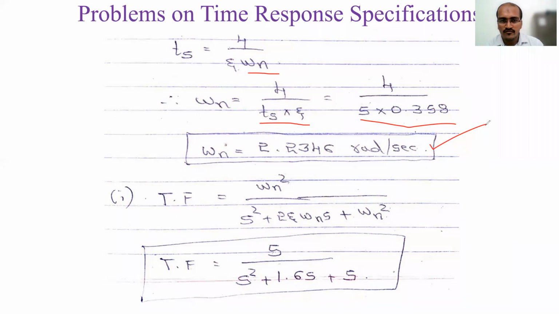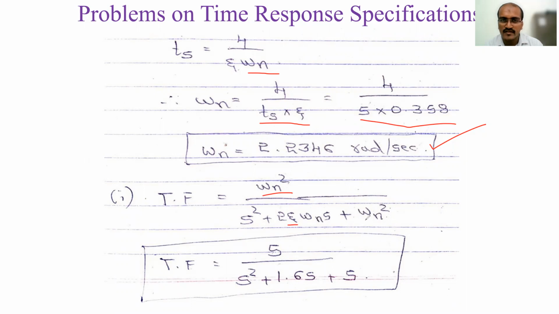Now the first thing they have asked for is the transfer function. Whatever we have calculated, zeta and omega n, has importance, but they have not asked us to find zeta and omega n. They told us directly to find the transfer function. But to find the transfer function, what do we require? Omega n and zeta value, that's the major factor, which is why we did that part first. So what is the standard transfer function? Omega n square by s square plus 2 zeta omega n s plus omega n square.